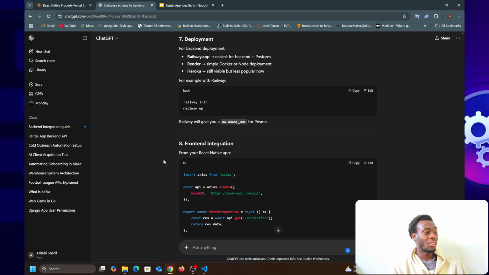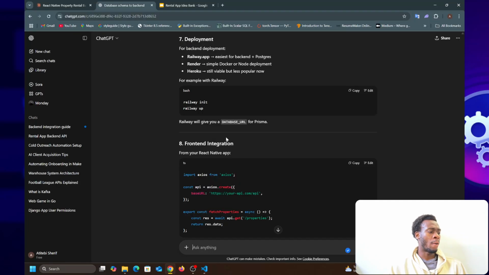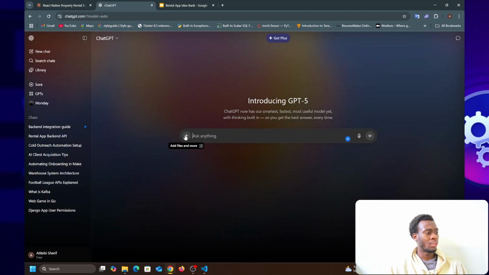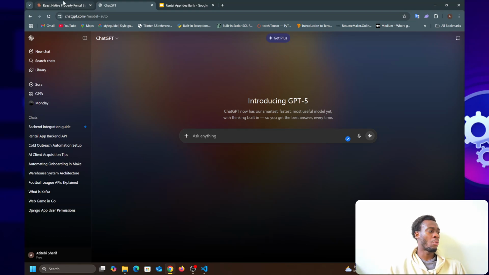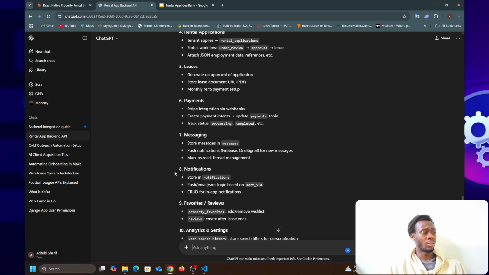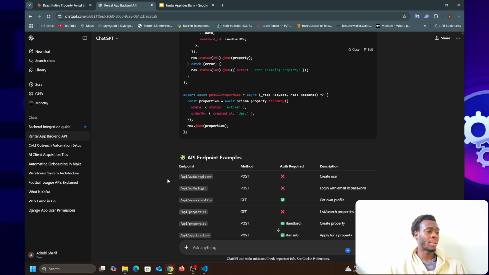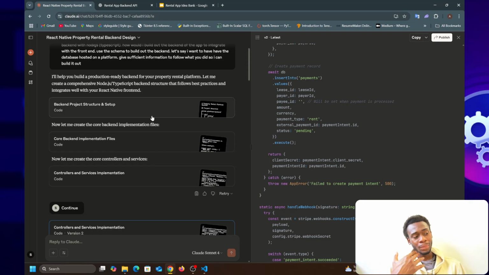So I honestly want to continue this with more projects, but I kind of know GPT is not good at coding, unless maybe you try to... let me see if you can do a new chat. Honestly, GPT is not good for coding, maybe for normal queries and stuff like that. I even tried it here for this thing. I didn't like the response. I just scrolled past it, and I don't like what I'm getting, so I just stopped using it for coding. And honestly, I wish it was good. I wish it was better, but it is not.